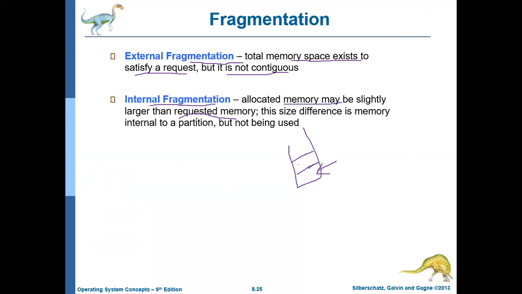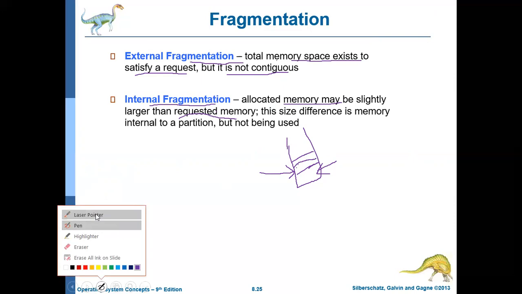Most of the time allocated memory will be slightly larger than the requested memory, because even if the process requests 1 MB memory, you have to allocate one slot. You cannot allocate anything less than one slot. Whatever the process occupies, the remaining will be wasted. If the process requests more, then you have to allocate more than one slot, and in the last slot there will be some fragmentation. So basically, internal fragmentation is created by fixed size partitioning, and external fragmentation is created by